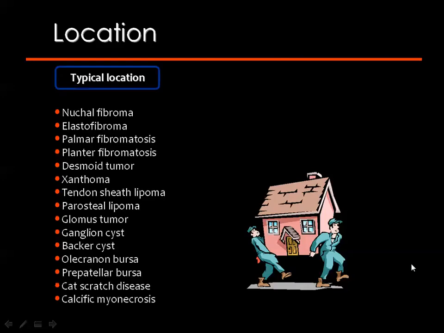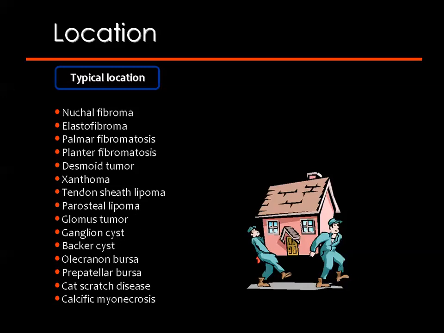Then what about the location? Lesions diagnosed by location, which have characteristic location, like nuchal fibroma in the back of the neck, elastofibroma in the chest wall, palmar fibromatosis in the hand, plantar fibromatosis in the foot, desmoid tumor in the anterior abdominal wall, xanthoma in the Achilles tendon, tendon sheath lipoma along the tendon sheath of any tendon, parosteal lipoma along the adjacent cortex of the bone with characteristic parosteal new bone formation, the glomus tumor